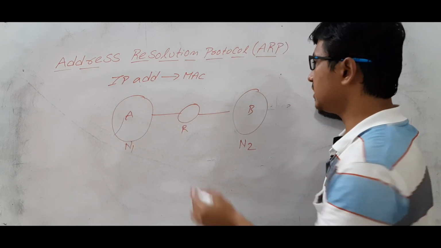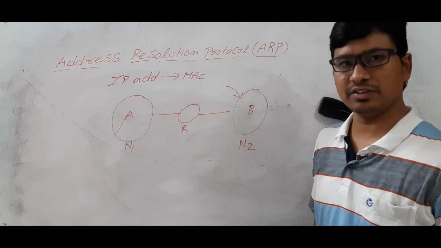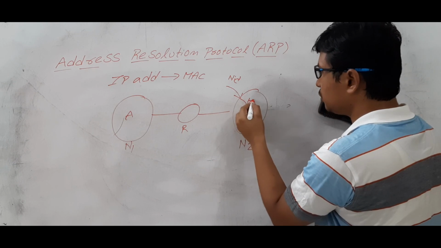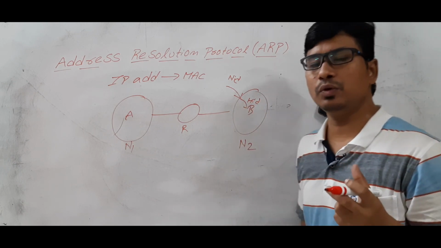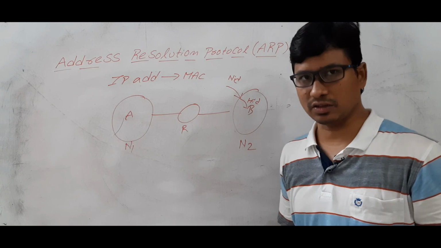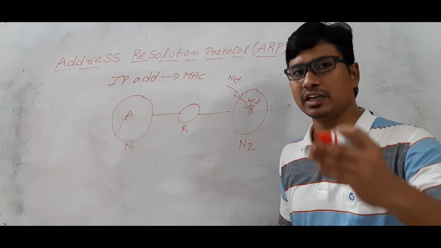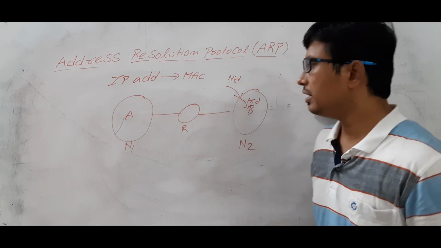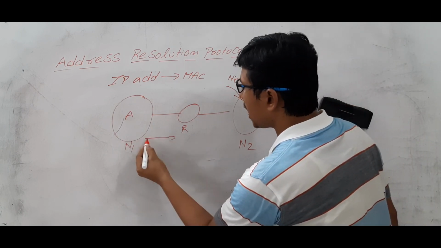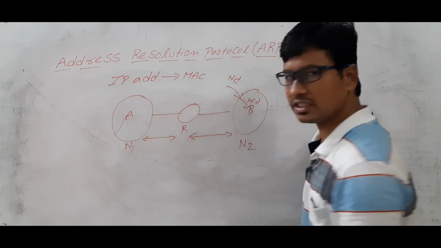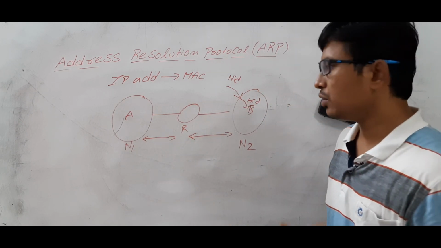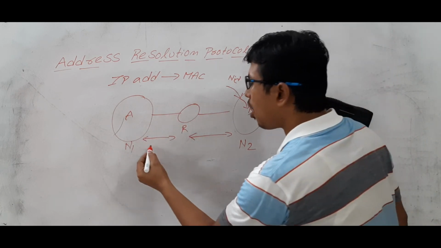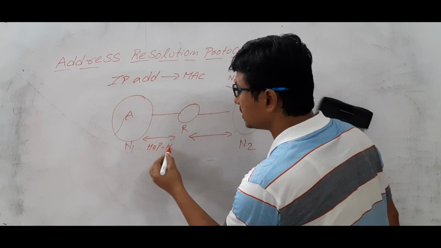Am I right? We said that if I know this IP address, I can identify its network and I can identify its host. But the packet will be delivered with the destination MAC address also. Obviously, at the data link layer, to identify, you should know the destination MAC address. Now, how can you tell me? Those who have watched my OSI layer functionalities, I said one important point. What is that important point? Data link layer will do the hop to hop communication.